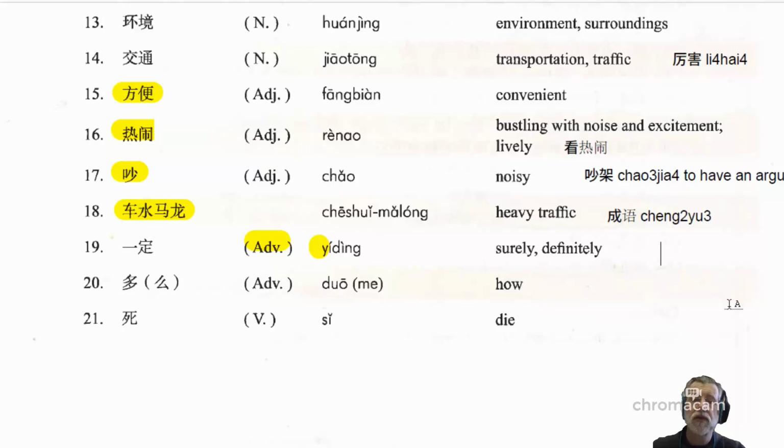I mean, they're just being polite. Often I haven't even shown them a photograph at this point, but that's just a politeness. So your daughter or daughters would definitely be beautiful. So there's two examples of using 一定, one with a verb and one with an adjective.